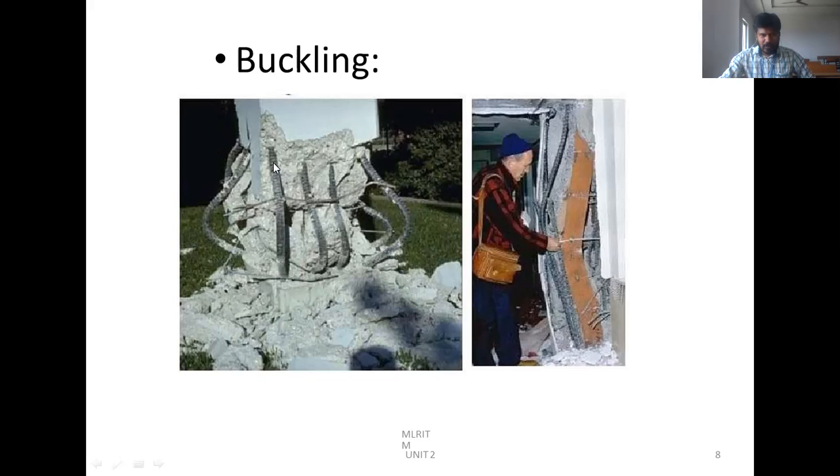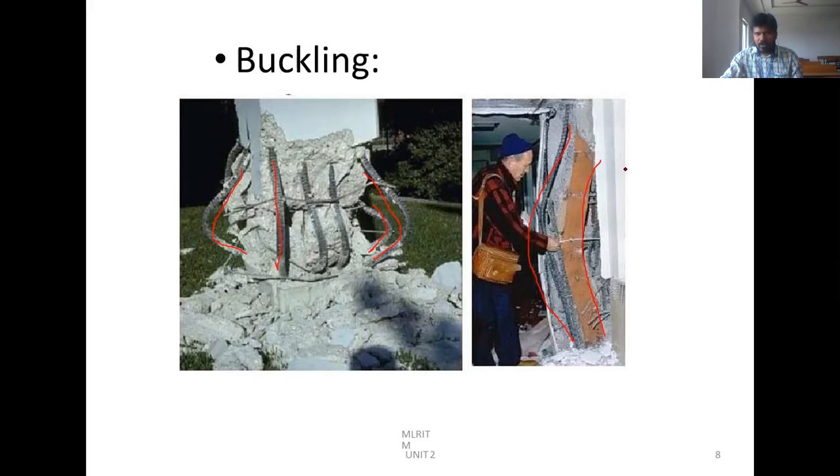Because of these forces, this is crushing, and here it is buckling. Because of crushing, the reinforcement has a profile like this. It is pure compression, so if I compress like this, the reinforcement automatically bulges in all portions. But if it is buckling, the reinforcement deflects in only one direction, which may be the lateral direction.